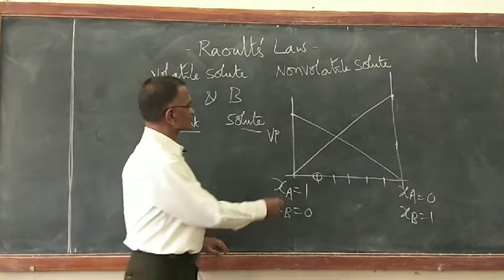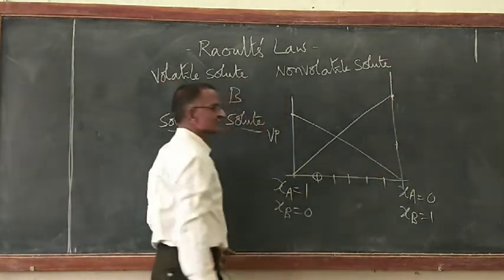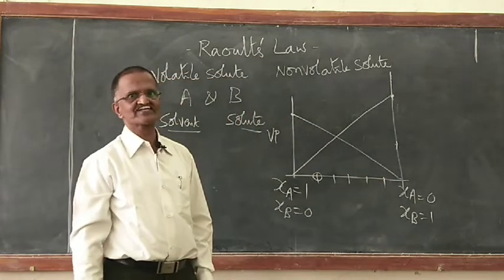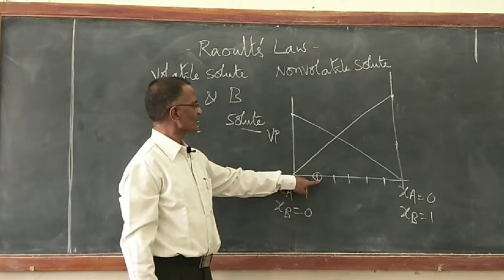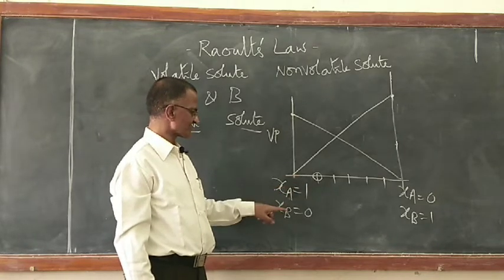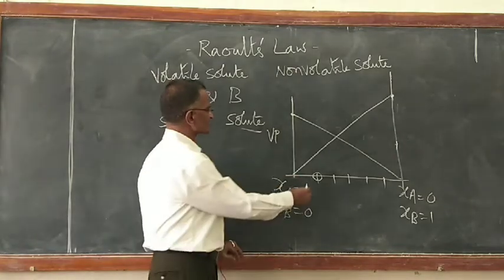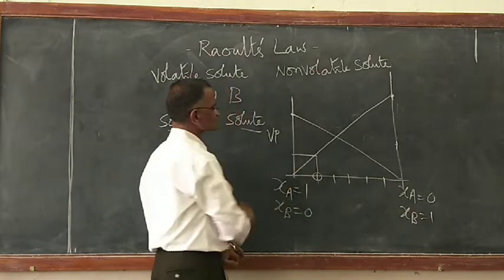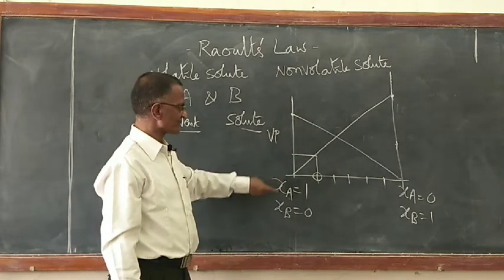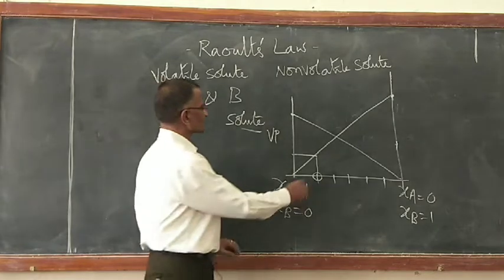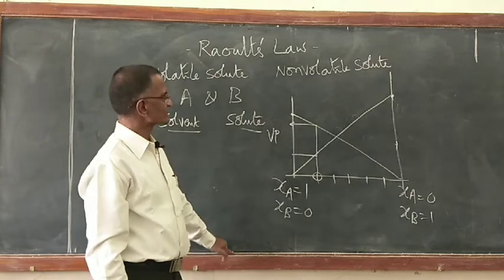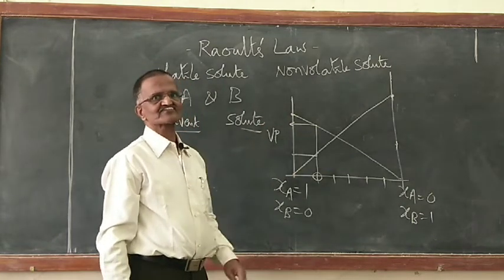How can I read it? This line shows what has happened to the vapor pressure because of B. That line shows the vapor pressure of A. So now if I want to find out, for that composition of A and B in the mixture, how much is the pressure contribution of A, how much is the pressure contribution of B? Very simple. This vapor pressure will tell me the contribution of the B component to the total pressure. Now if I extend further, that will tell me what is the vapor pressure contribution of A to the total solution?